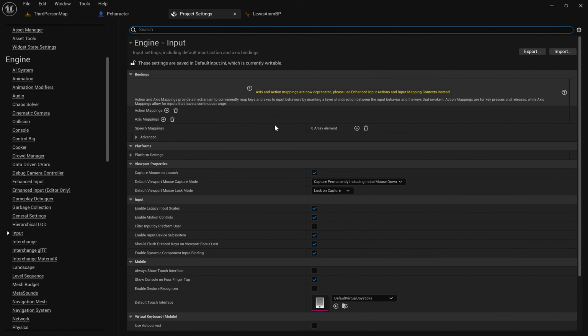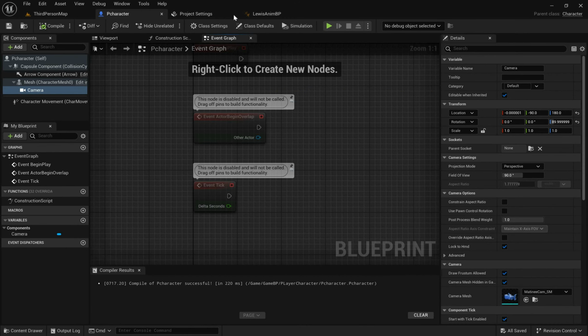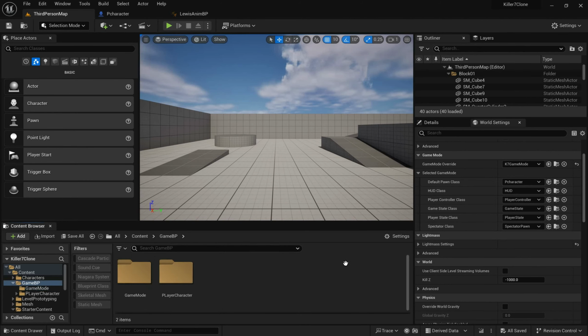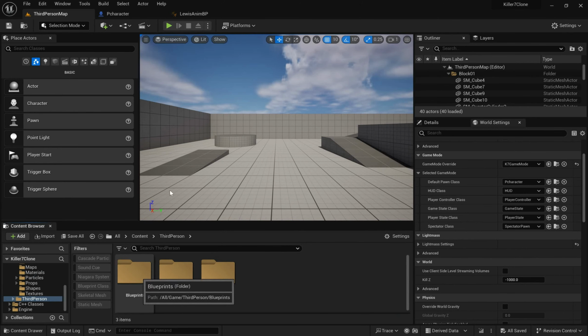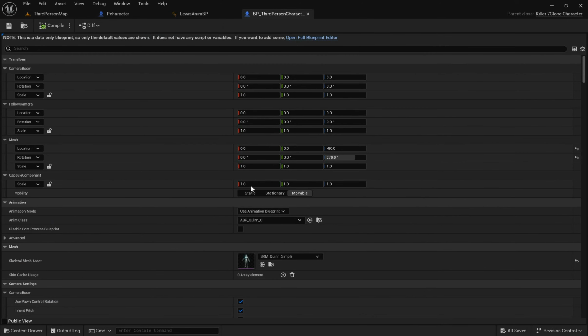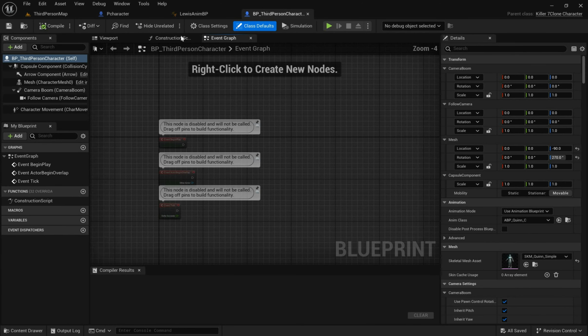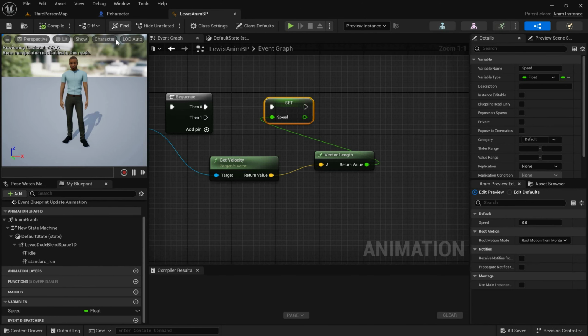If I try to go to edit project settings and inputs, you'll be greeted with this message, or you might be if you're not using 5.1, because that's when they started implementing this. As you can see, the old input system is now deprecated, so it might not work. We could just hard code it in here and say on W key do this, but no. It's important that you know we need to get the player controller, cast it, get the pawn, etc., etc. Essentially, what we're going to be doing is